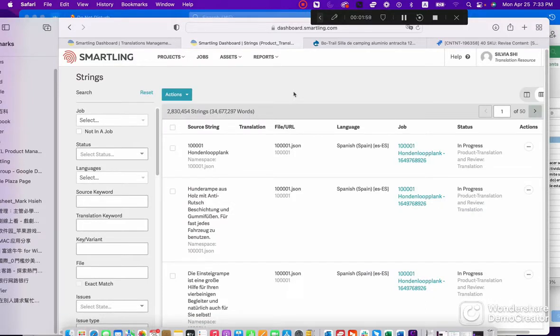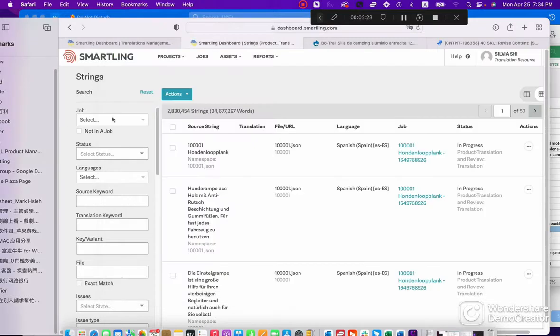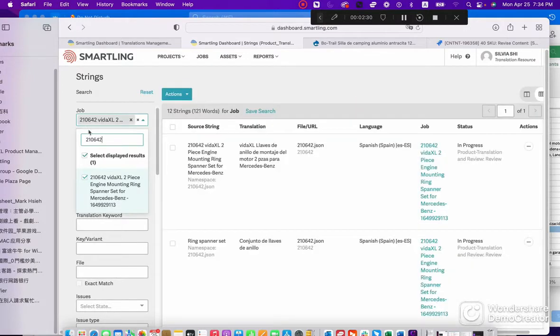Within the string interface, you will be able to see all the strings available within the product translation project. To search a job, we use this SKU, 210642, as an example. We select the SKU job,